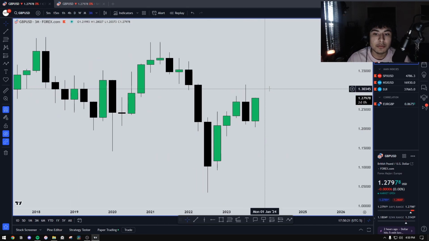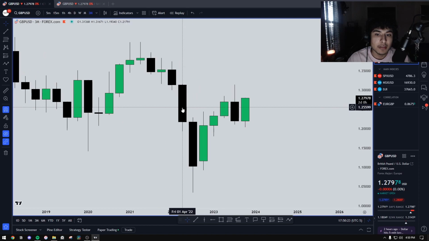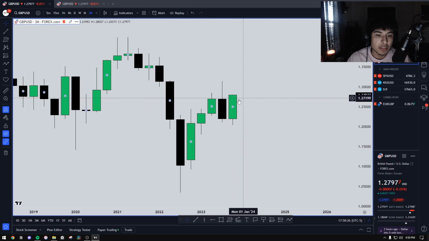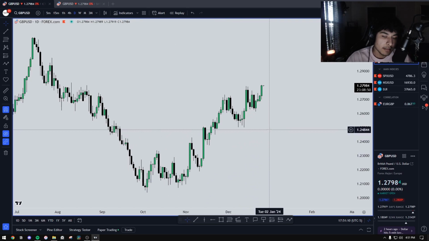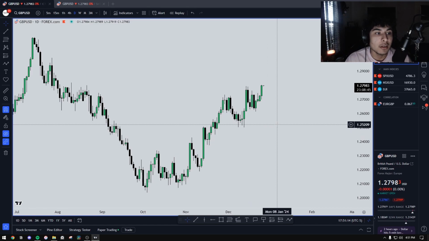All right, same thing for GU really, but for GU we're still inside of the sell side imbalance here on the 3-month. Again, I'm just going to be looking to see how we form that power 3 on the quarterly shift here, and we can use 20-day look back periods to see if we're in a premium or discount, but I think it's not really as necessary. The look back periods, if you want to, you can. If we're forming a market maker buy model here and we come back down, I'll be looking to target those, since that is the look back period's lows and highs, and the majority of the time we are going to hit those areas of liquidity, since they are very powerful.